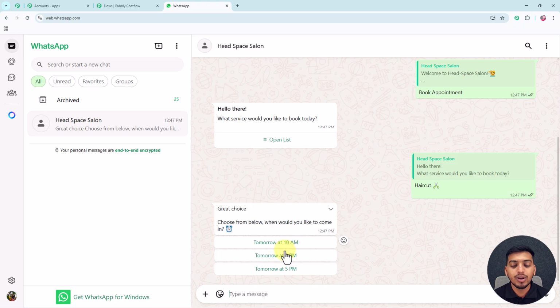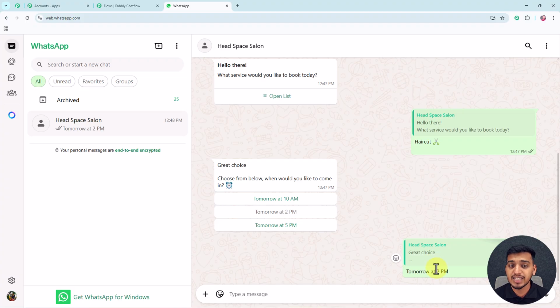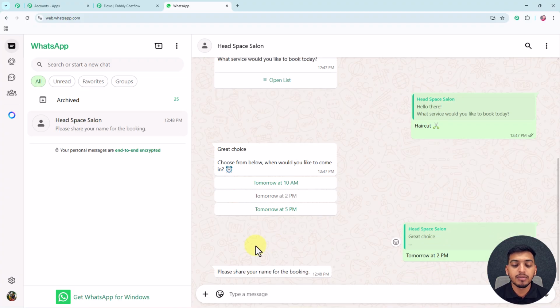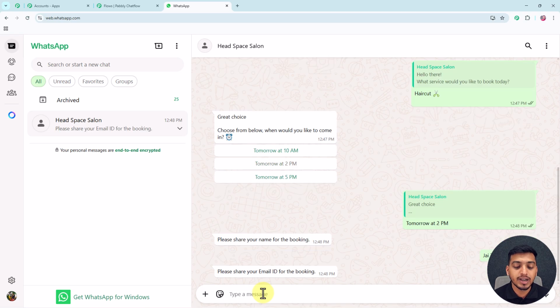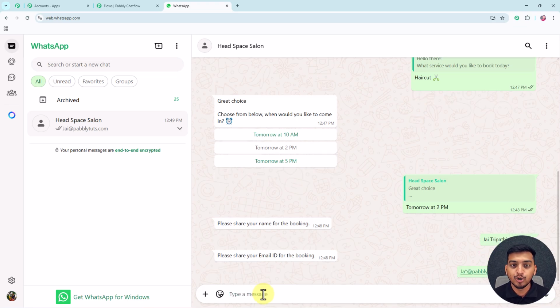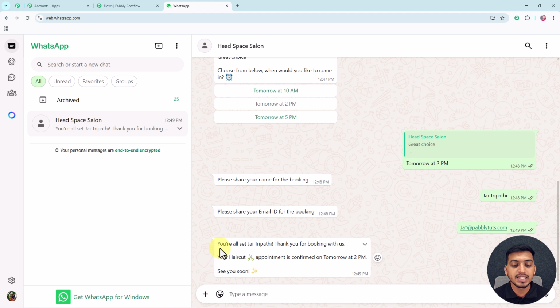So for now, I will book my appointment for tomorrow at 2 p.m. And here you can see I have selected this time, tomorrow at 2 p.m. And now this chatbot is asking me my name. So I will enter my name as this. And here you can see I have sent my name to my chatbot. And after that, this chatbot is asking me for my email ID. Here I have also sent my email ID to this particular chatbot,